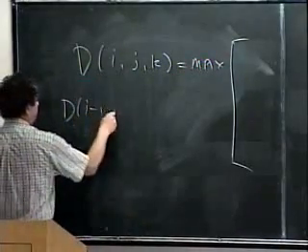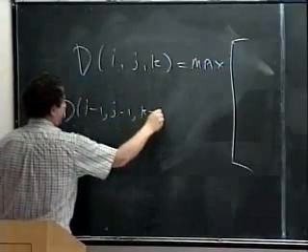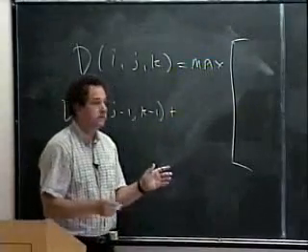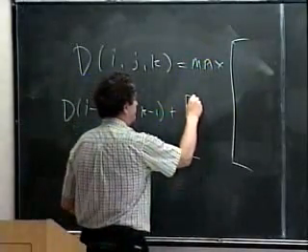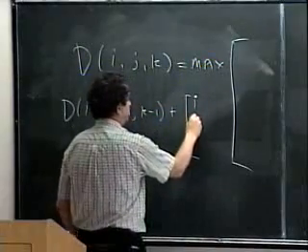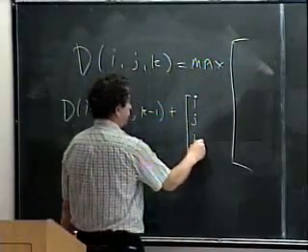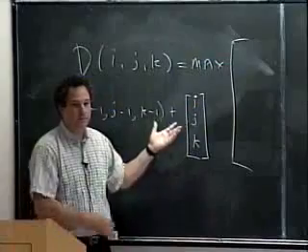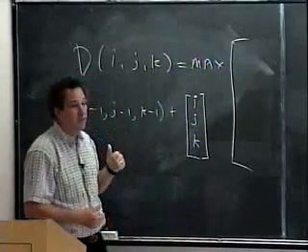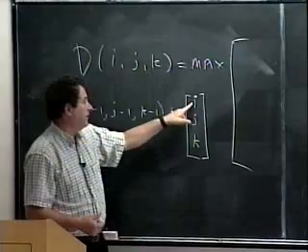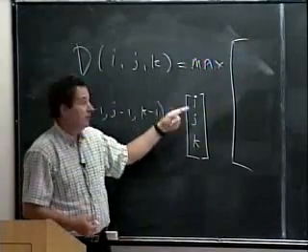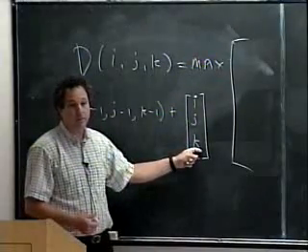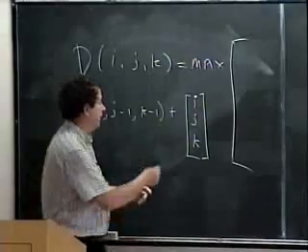D(i minus 1, j minus 1, k minus 1), plus whatever you get for lining up the ith character from the first string with the jth character from the second with the kth character from the third. My notation here is a little bit undefined, but I hope everybody knows what I mean. So if I took the ith character from the first string, whatever it happens to be, and aligned it with the jth character in the second string and the kth character in the third string, I would get some value